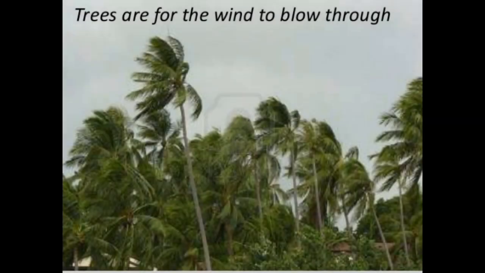Trees are for the wind to blow through. So as you can see in the image, wind is blowing, right? Trees are for the winds to blow through, right? Trees क्या होते हैं? They are for the wind to blow through. Blow through means trees से होते हुए जाना, right? So when you see the wind is blowing, what happened to the trees? As you can see in the picture, the wind just blows through the trees. उनसे होके चली जाती है wind,